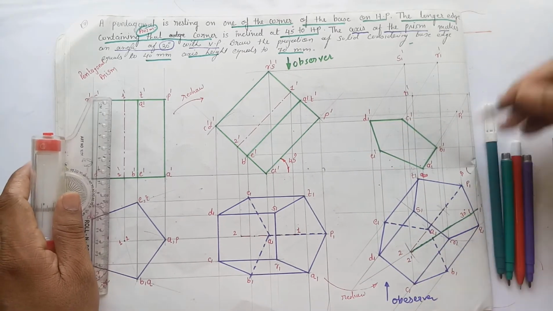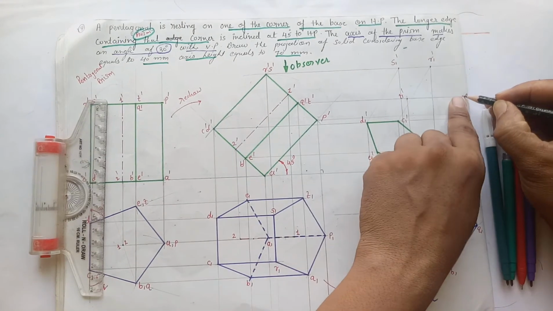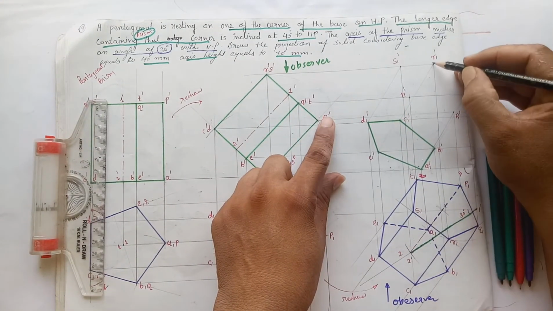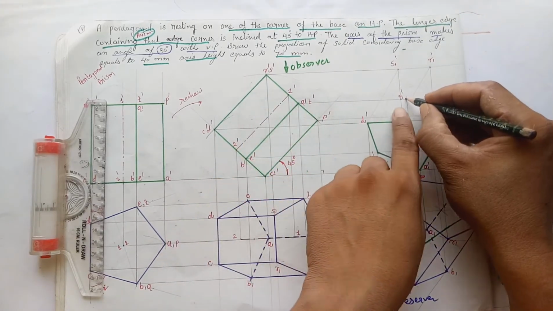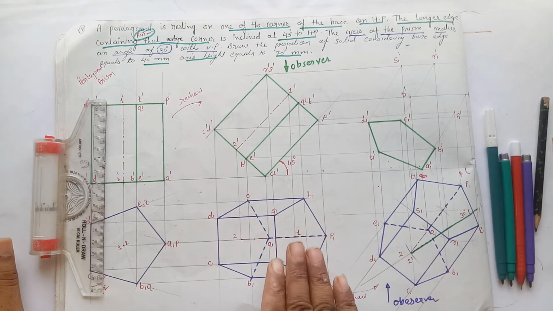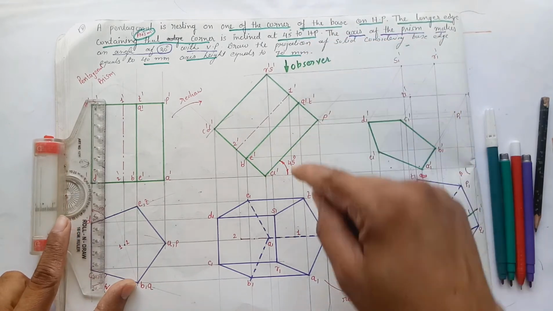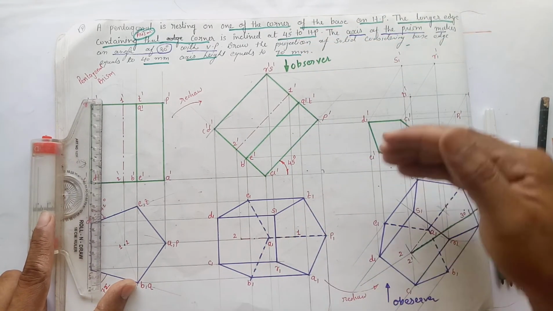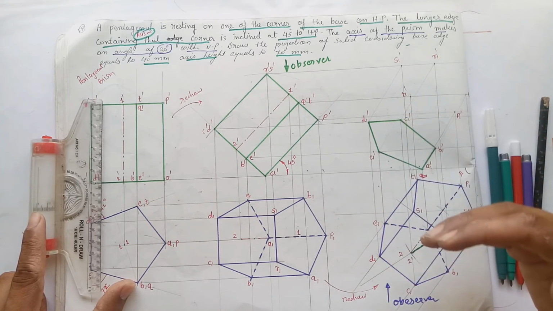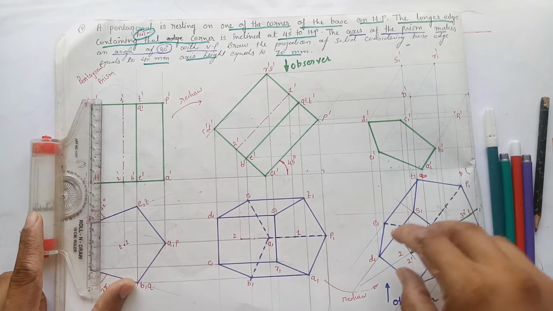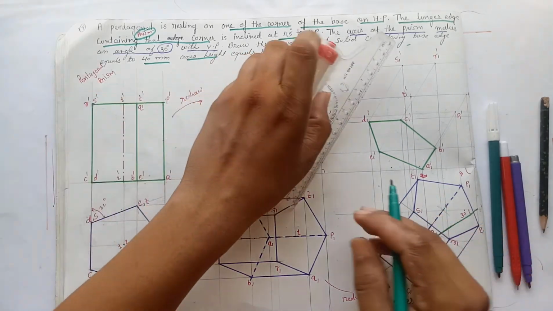Thereafter plot the points of the top face, that is P, Q, R, S, T. Now here again we have to follow the same process that we have followed over here. Here the top face is nearer to the observer, so first of all we have drawn the top face, then after side edge, then after base. Now here to draw the elevation, base is nearer to the observer, so we will follow this sequence like this. Draw the base, then after side edge, then after top face, and